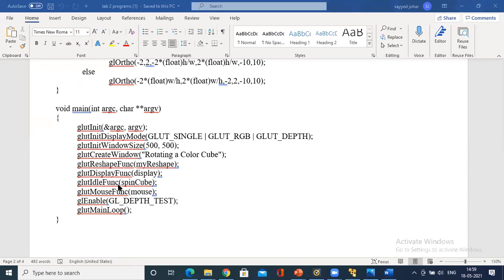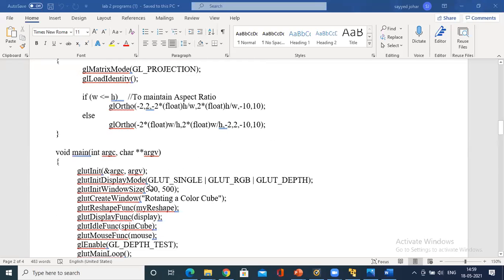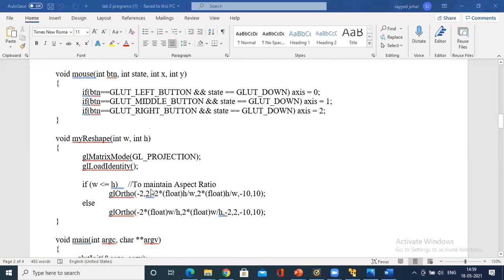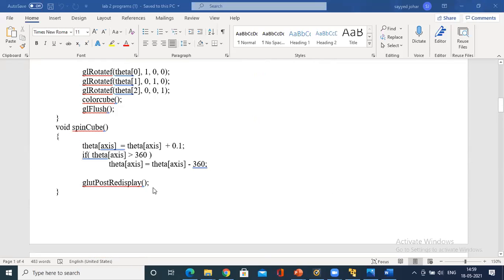System events not being received means that until you press the left, middle or right button of the mouse, some animation will go on processing at the back end. That is called event processing. So the idle function is spinCube. What is spinCube? SpinCube consists of continuous rotation along one of the axes in steps of 0.1 degree. That is, theta of the selected axis.